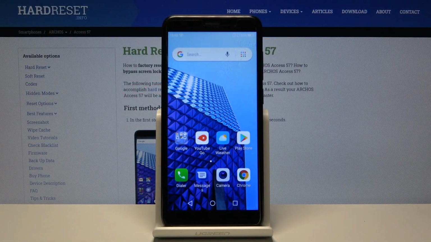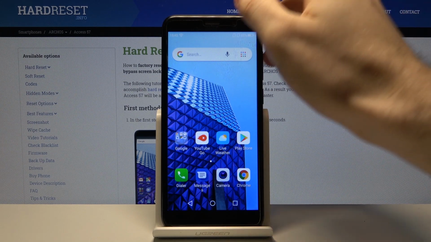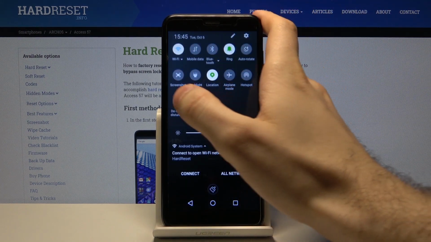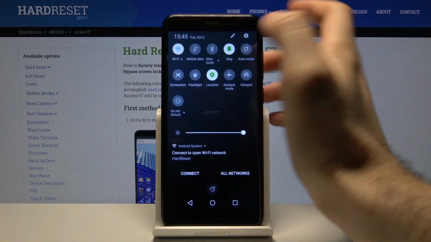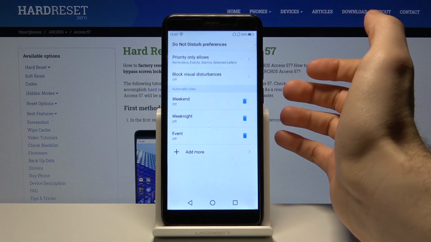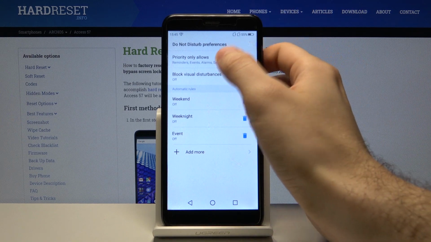Here I have ARCHOS Access 57, and today I'm going to show you how to enter Do Not Disturb mode on this device. So you can access Do Not Disturb mode here at the upper bar. Here it is. And if you hold your finger on it, you can also access some settings of this mode,